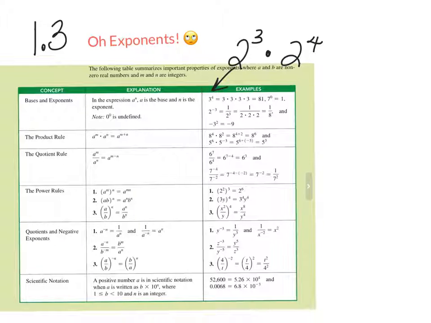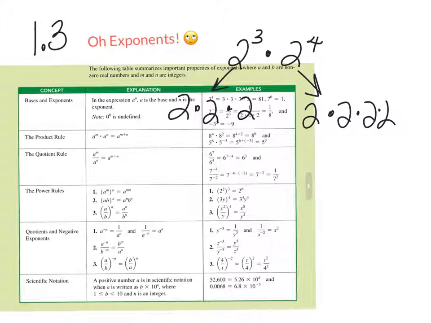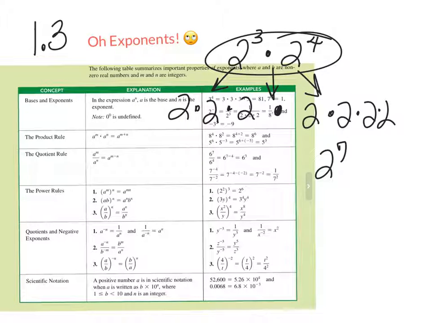Now, if we open this up to what it really means, it's 2 times 2 times 2. And this really means 2 times 2 times 2 times 2. And it's multiplying. So really what we have here is 1, 2, 3, 4, 5, 6, 7 2's. So what's really going on is that this is the same as 2 to the 7th. So instead of opening it up every single time, we come up with a rule that says, wow, it's exactly the same as keeping the base and adding the exponents. So that's the same as 2 to the 7th power,